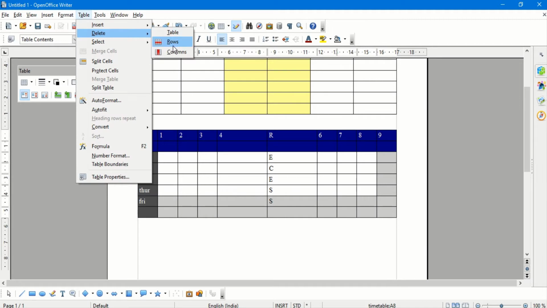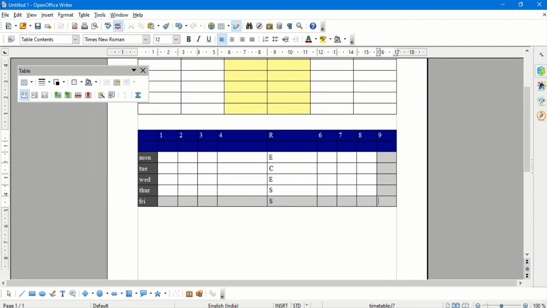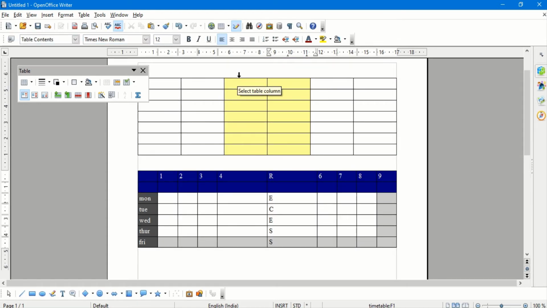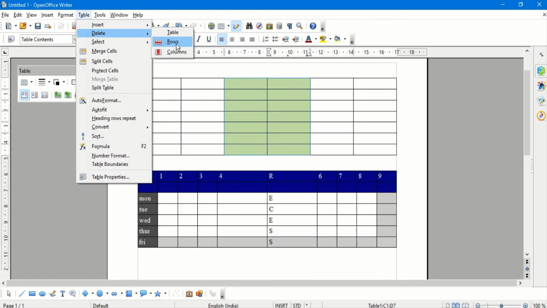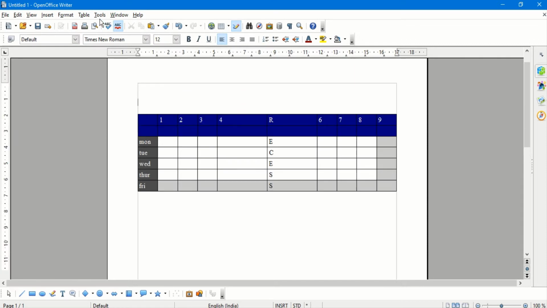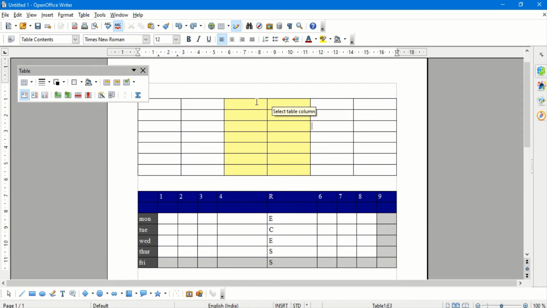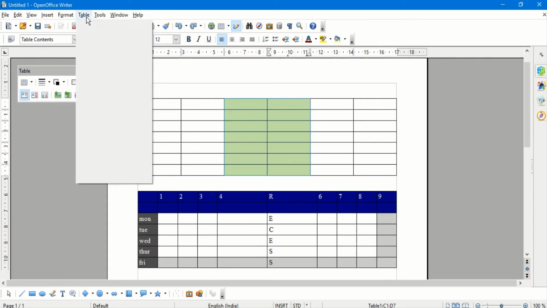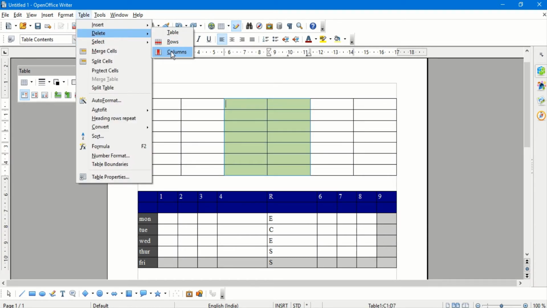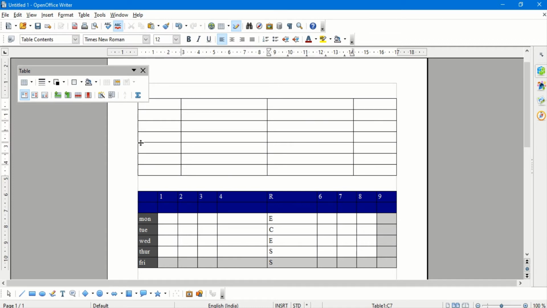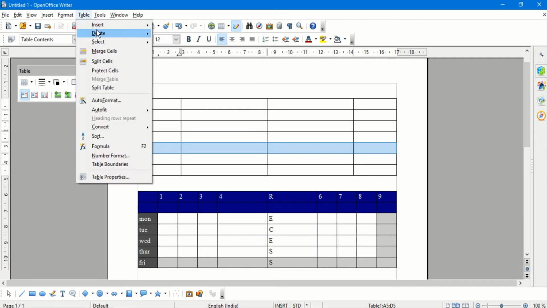I can do multiple selecting of the particular columns and rows as I showed you by clicking here. So here, these 2 columns I do not want, I can select them and click on table, delete, row, columns. Oh, the whole table got deleted because of how I had selected, so I'm just undoing it here. Yeah, I wanted the column. So I'll say table, delete, the 2 columns, they go away. And suppose I want to delete only this single row, select that row, click on table, delete, and the row.